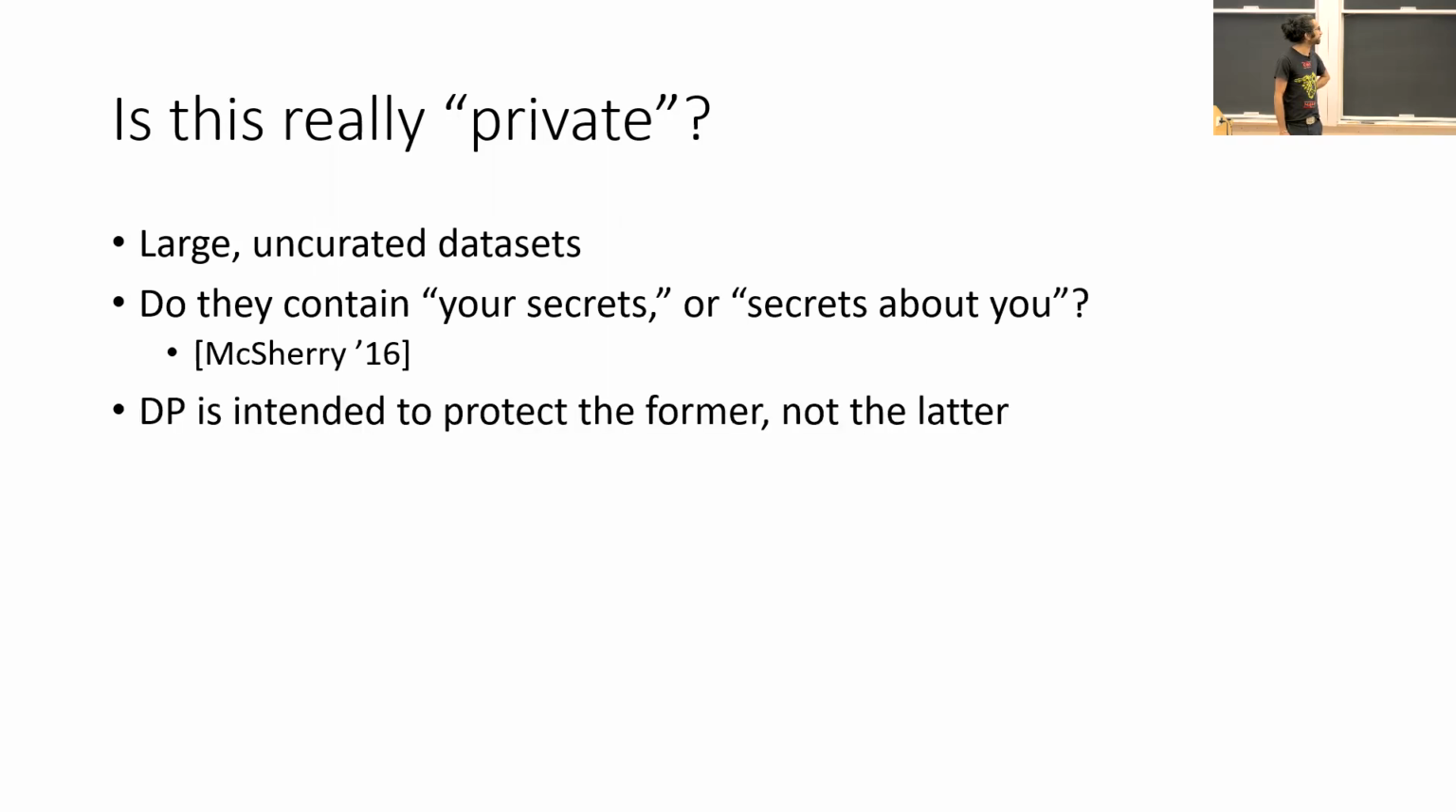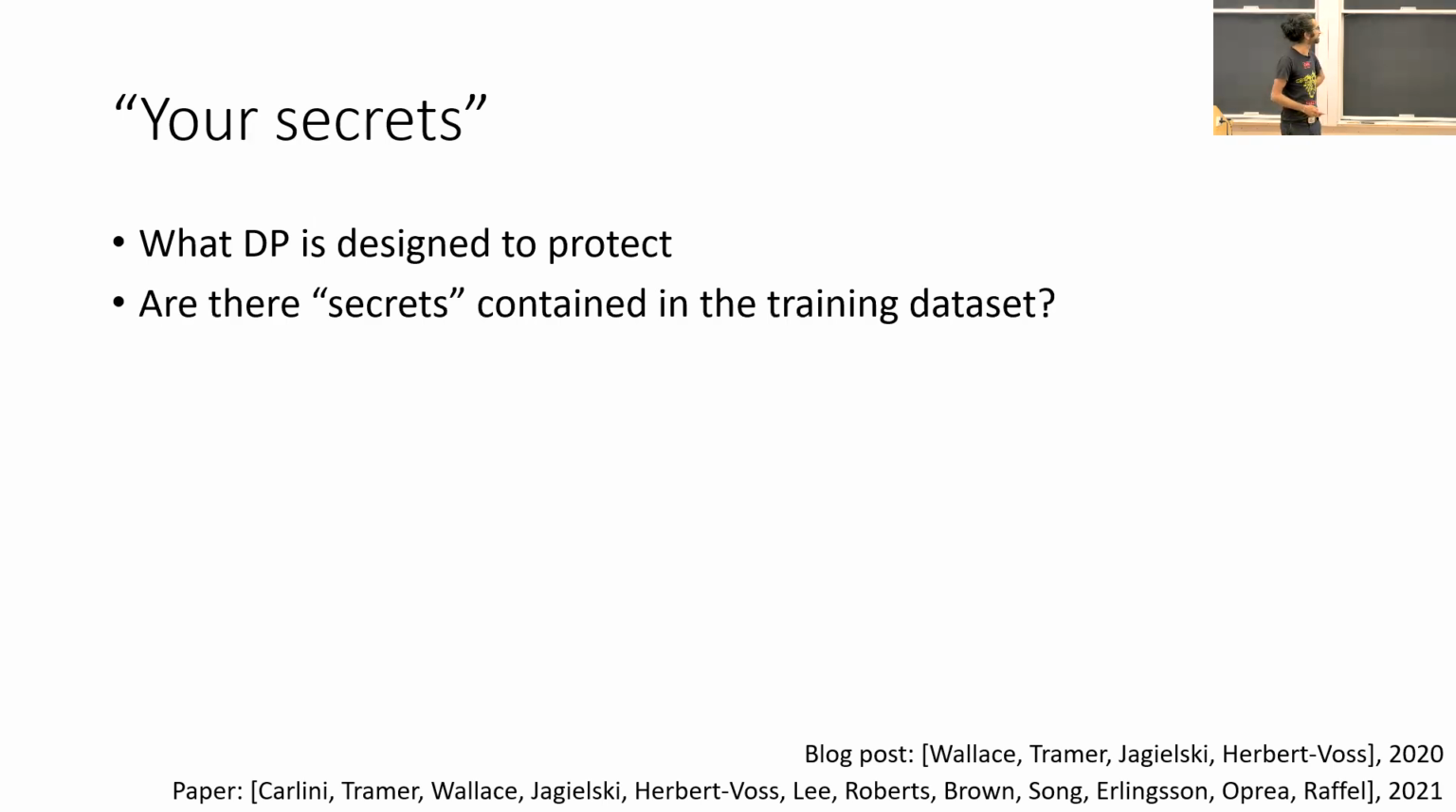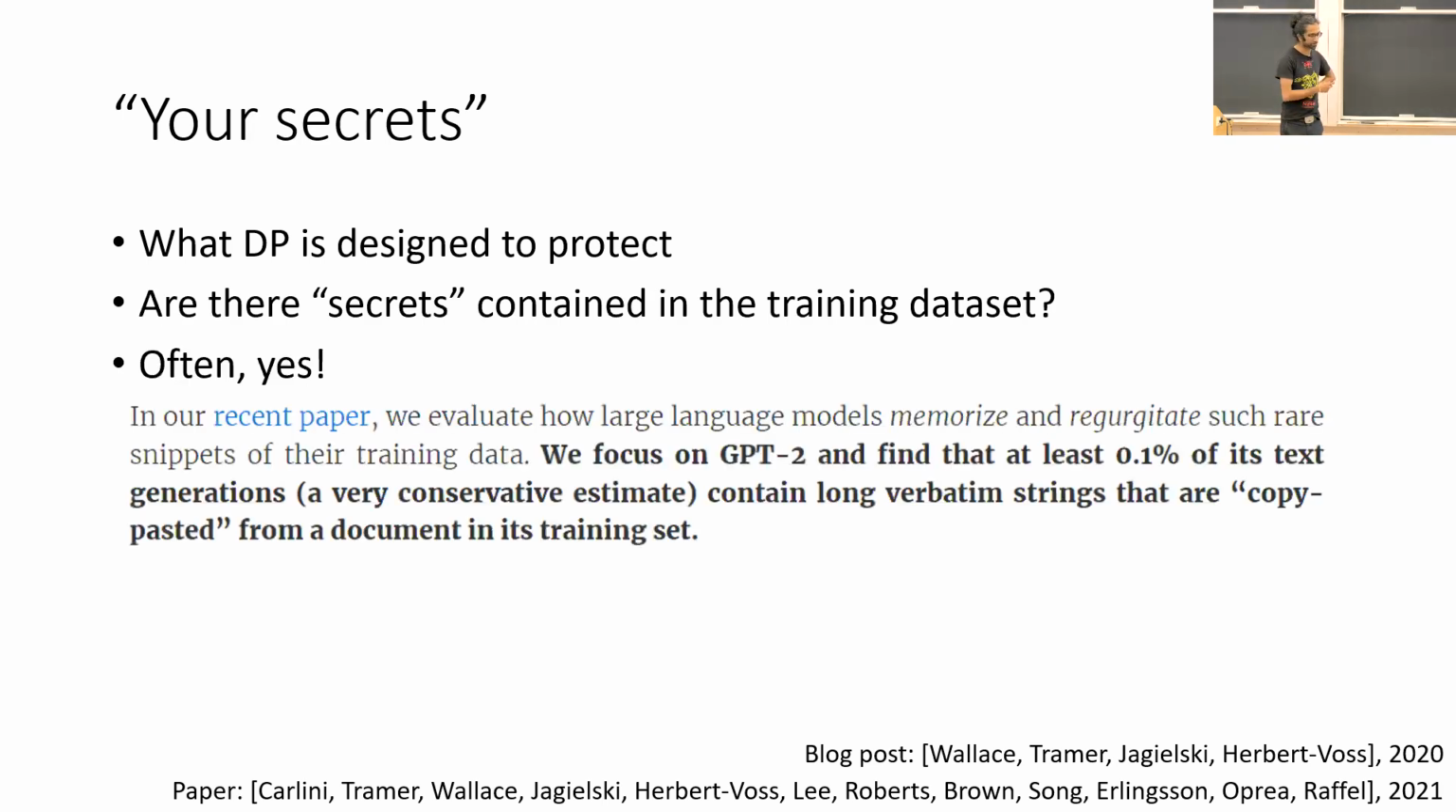DP is generally intended to protect the former and not the latter. So your secrets are often what DP is designed to protect. This is a paper by Carlini et al., and from a blog post by Wallace et al., where they found that GPT-2, which is pre-trained via some of these large uncurated data sets,